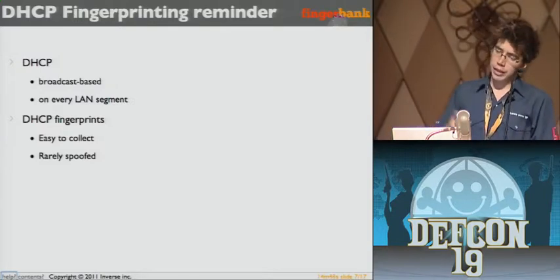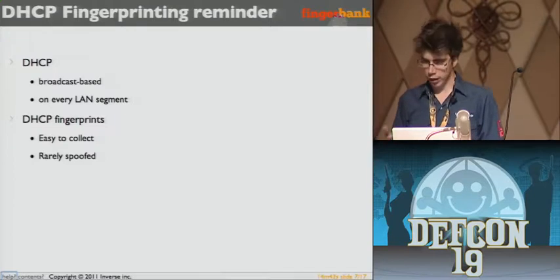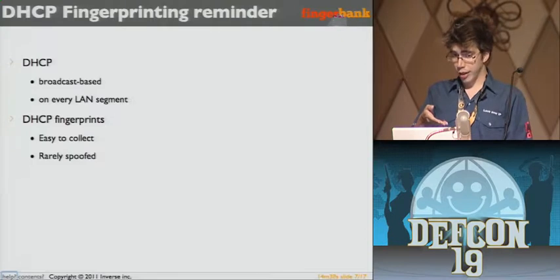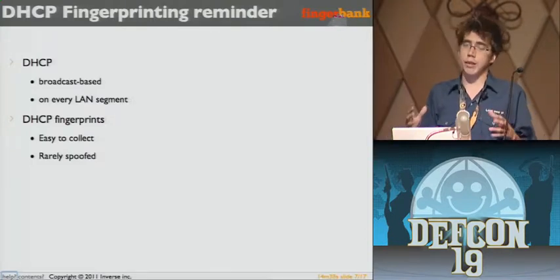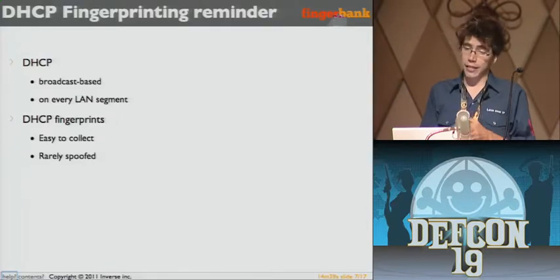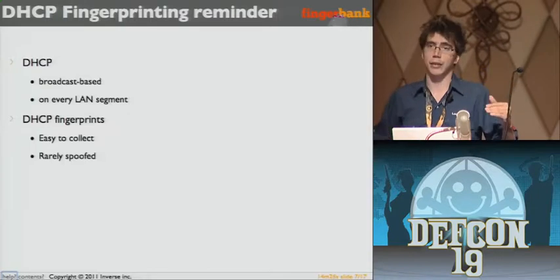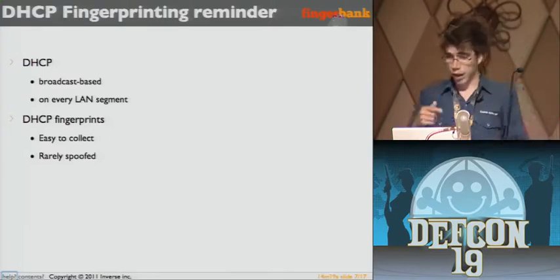So DHCP fingerprinting, the meat of the matter. DHCP is a great protocol. It helps you be online easily, low maintenance and stuff. It's broadcast based, and it's on every LAN segment, so every VLAN if you want. And through time, people found a way to